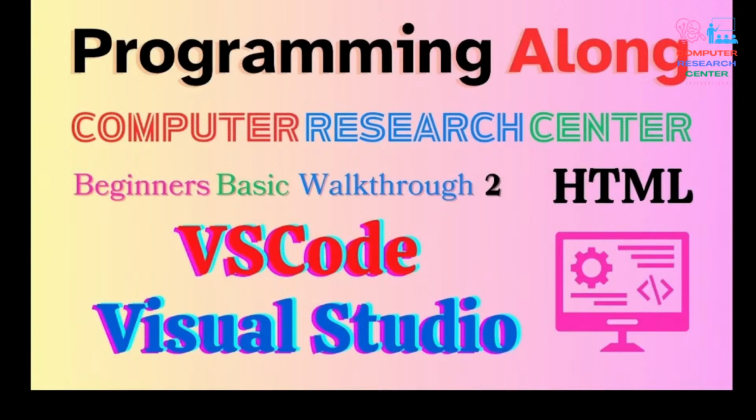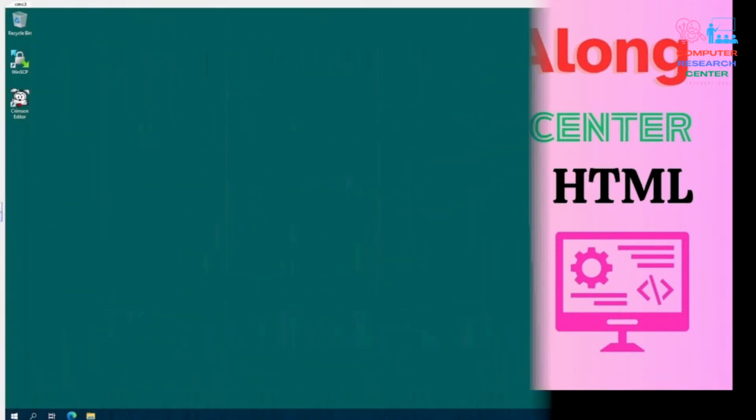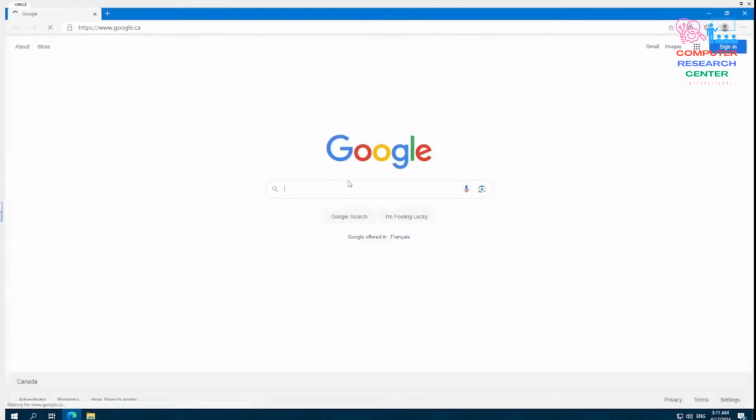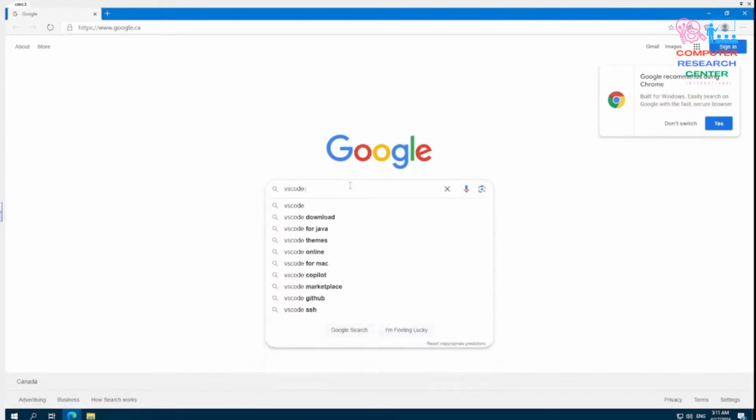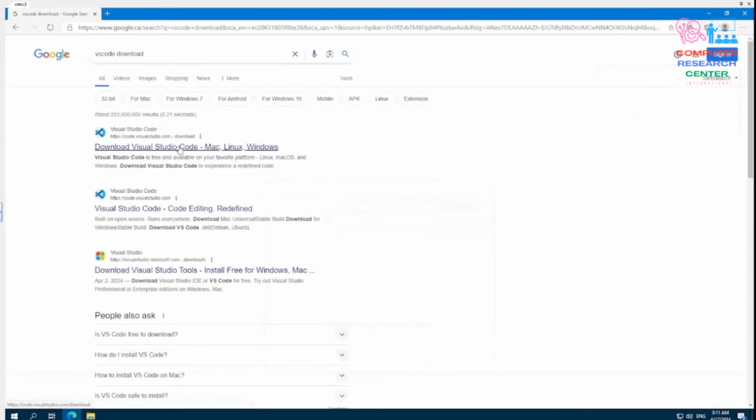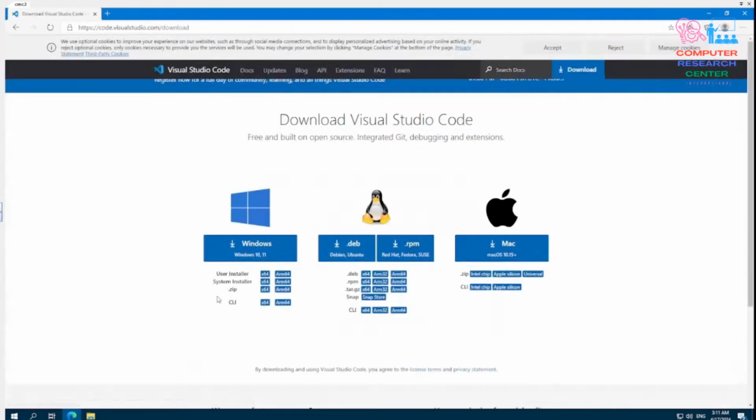Hello friends, today we are going to install VS Code for web development, and let us get started. We will be downloading it from the VS Code website. So let me type in VS Code download, and from there we will be selecting